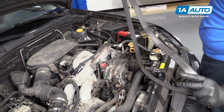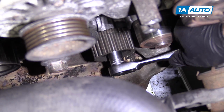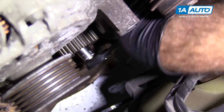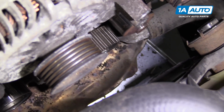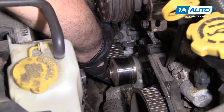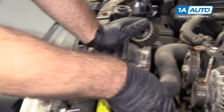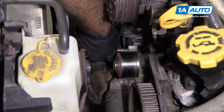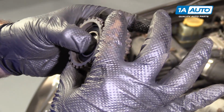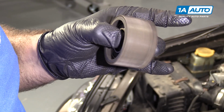Now we have the old timing belt. Remove this idler sprocket, 14 millimeter socket. I'll get it loose. Finish taking it off with my fingers. We have a new one in the kit, so we're going to replace it. I'm going to take it off, and I'm going to put the bolt back in place so I don't confuse the location of it for now. You can see this one is kind of worn out, the bearing in it. It's got some play to it and it's making some noise. It's time to replace it with the new one,